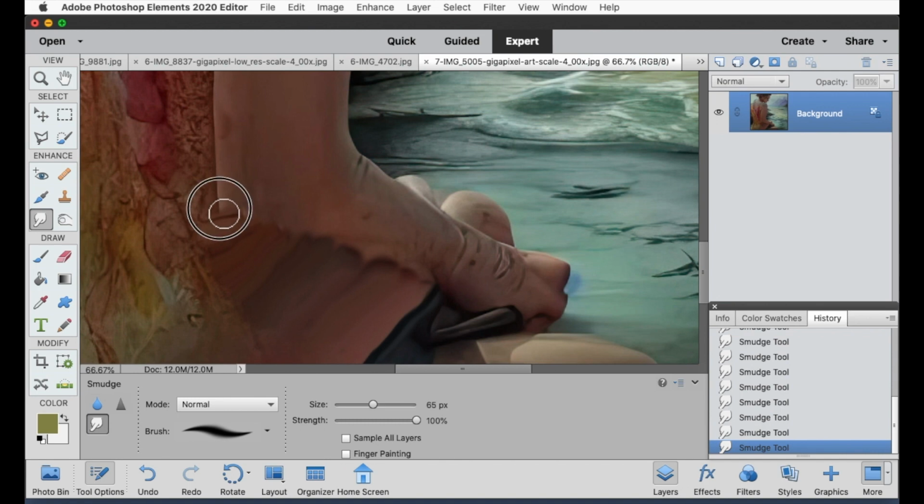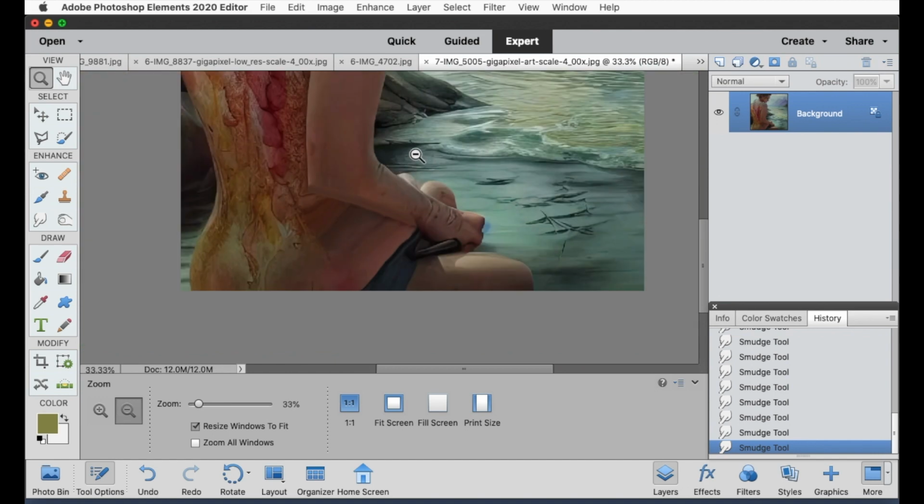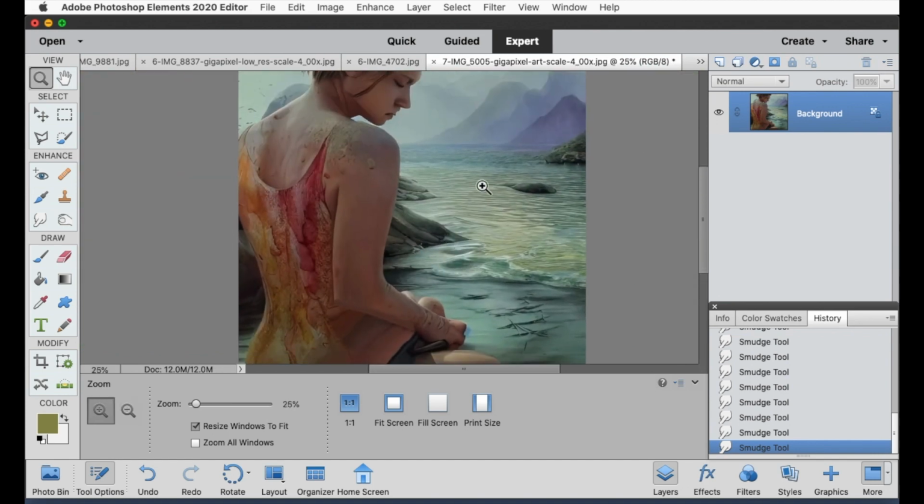And I'm going to use my straight line tip here to kind of smudge her arm smoothly down to the bottom. Or I might start it right here. You might have to experiment around with it a little bit. Yeah, that's pretty good. And then we're going to smudge up to her elbow like that. And I'd make a few adjustments to it, but it looks a lot better now. And here we have a very beautiful image now, and she doesn't have a tumor on the back of her